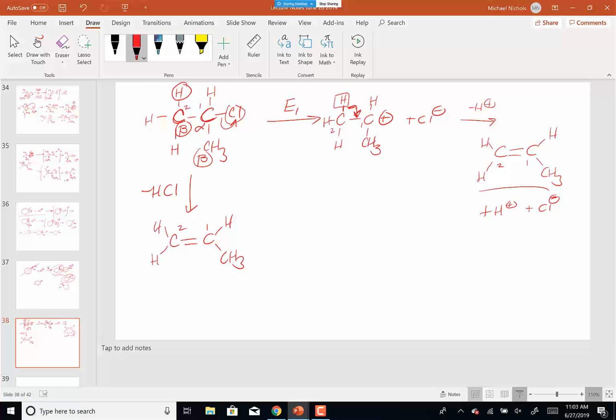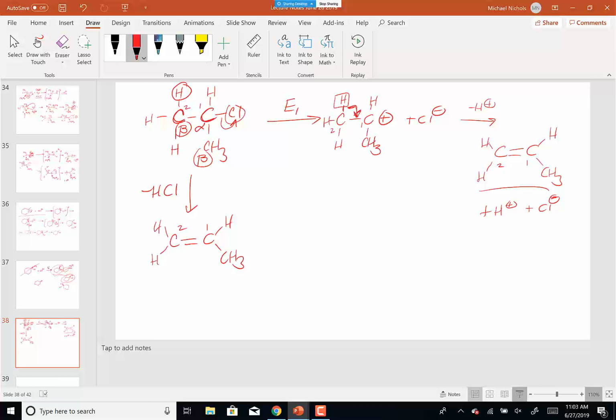Because even though it doesn't look like this, I wrote isopropyl chloride. That's an isopropyl group. What would be attached to the beta carbons? The gamma carbons. What would be attached to the gamma carbons? The delta carbons. So we can go down the Greek alphabet here. We're only interested in alpha and beta,